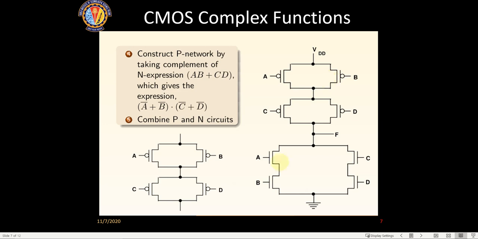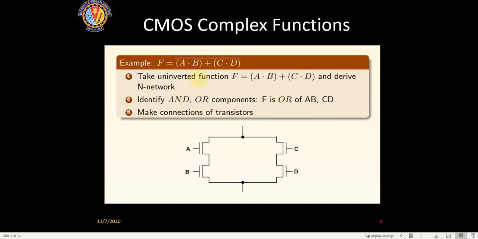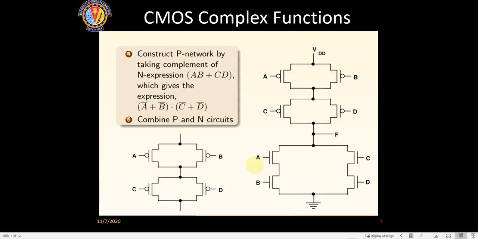If you try to analyze this, I will request you to do it as homework: try to give the signals and different ABCD combinations, and see which transistors are going to be switched on and which are going to be switched off, and whether you are getting the desired function. The function has a bar out here, right? If there is no bar here, then for the NMOS you will have to take a bar and then implement it as a bar. Is this aspect clear to all of you? How, if a function is given, to make the CMOS circuit.